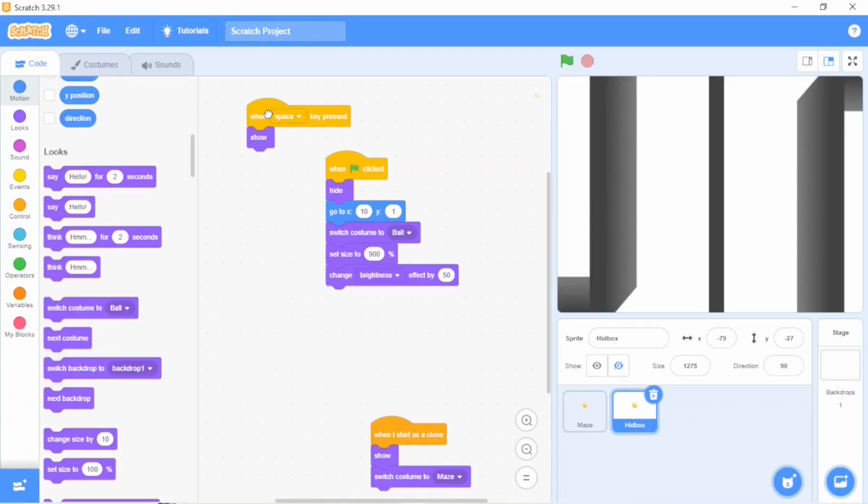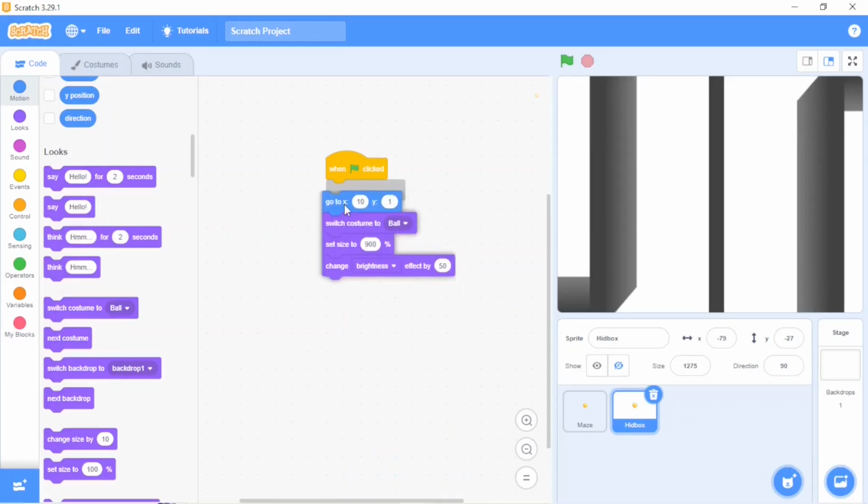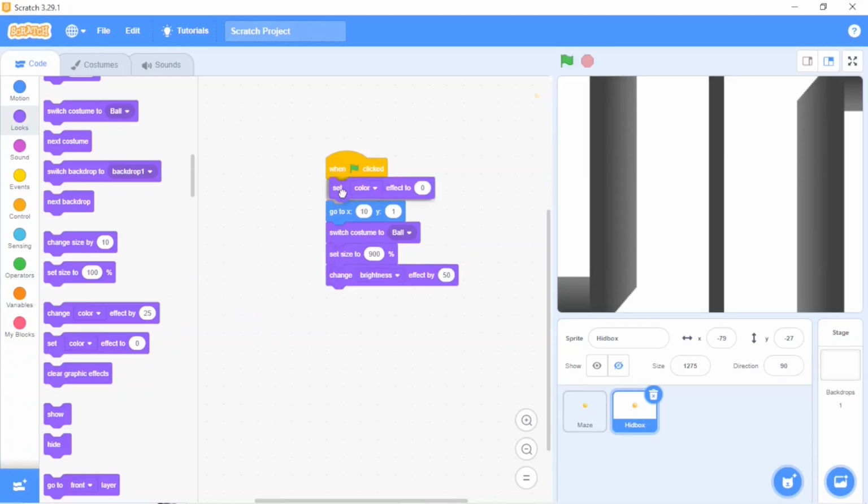I don't want when I press the space key it will show like this. And the clone also I don't want, so I will not take this. And also we don't want the hide. Here I will take the ghost effect because it should be hidden. For that, I will take set ghost effect to 100. So the hitbox will not be visible.